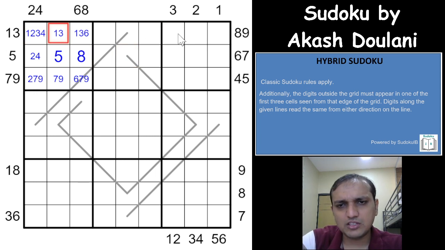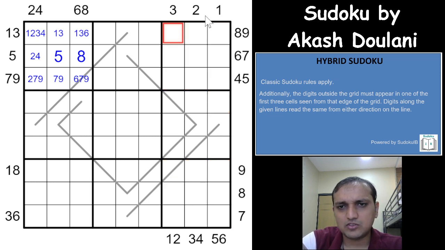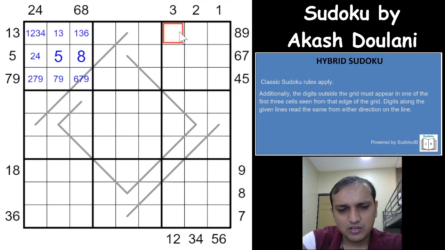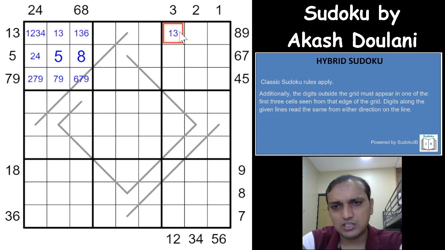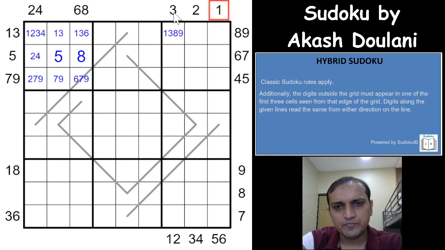The same way you can do in this box and in this box as well, right? So it is only one. So if you see here, all the 9 digits are placed here for this box. So, for example, if you didn't have a 1 here, then this cell you had a possibility of 1, 3, 8 or a 9. But as you already have a 1 here, this cell cannot be a